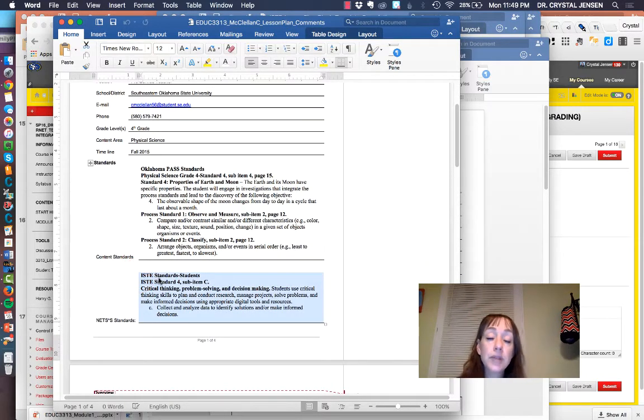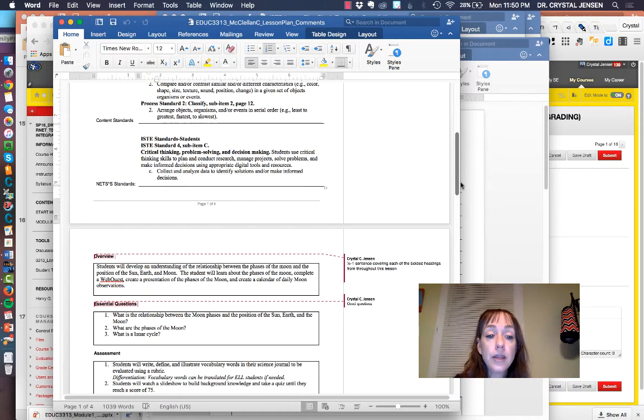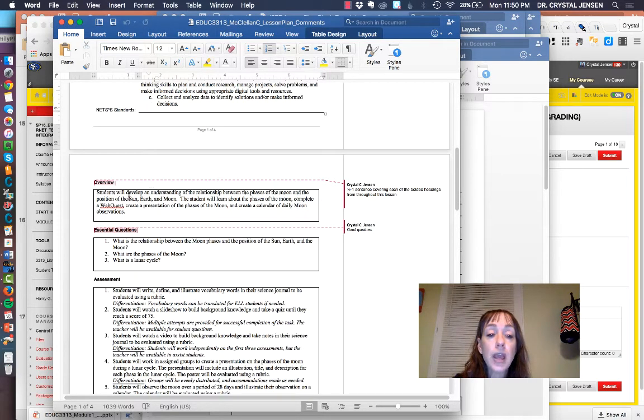That's the technical one. That could be the cyber secure, the cyber safety one, digital literacy one, number 5. And then you also map it to an Oklahoma PASS standard. You saw the technology ones, just so that they're correlated to both. And then you're going to give an overview. The best way that I found to do overviews is you're going to have one sentence to a half sentence giving me a brief introduction to each one of these. So you're going to give a brief introduction over your essential questions, your assessment,